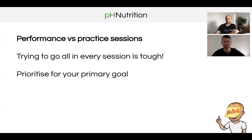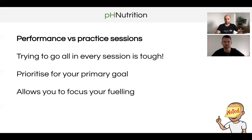So we want to be thinking about maybe some sessions being performance based, and then most of them being practice based. And when you go performance, look, that's it. That's all in, two foot, as they say, full send, let's go. But trying to do that in every single session is going to be challenging. It's going to make you basically fail. So like Tom said, prioritize your primary goal and adjust your training,